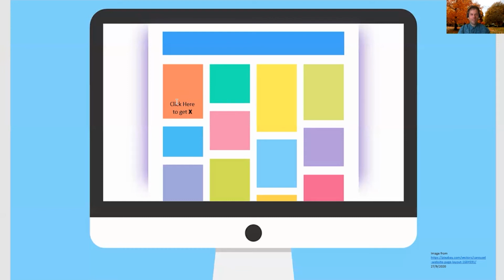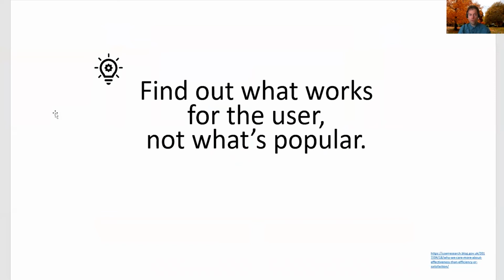There was a problem in that button. It didn't give users what they want. So yes, it was popular, because the designer put it on the front page and because we promoted it, but it didn't work. And you find out what works and what doesn't work only when you look at what users are doing, what they think they were doing, and what they're feeling at the end of it.